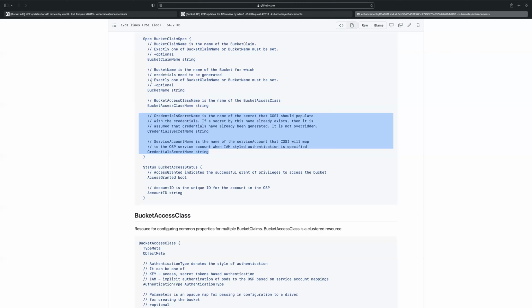And the service account name, which is the second field, there's a typo here, but the service account name will be used when the bucket access class has the authentication type set to IAM.